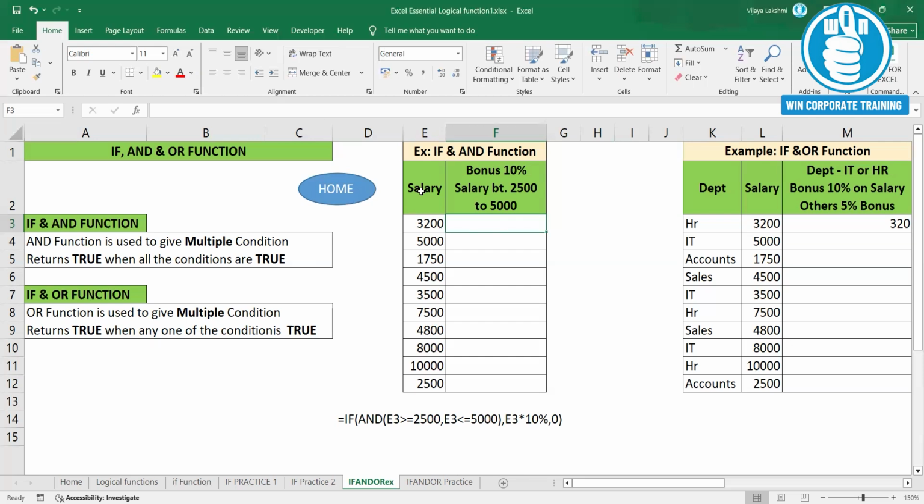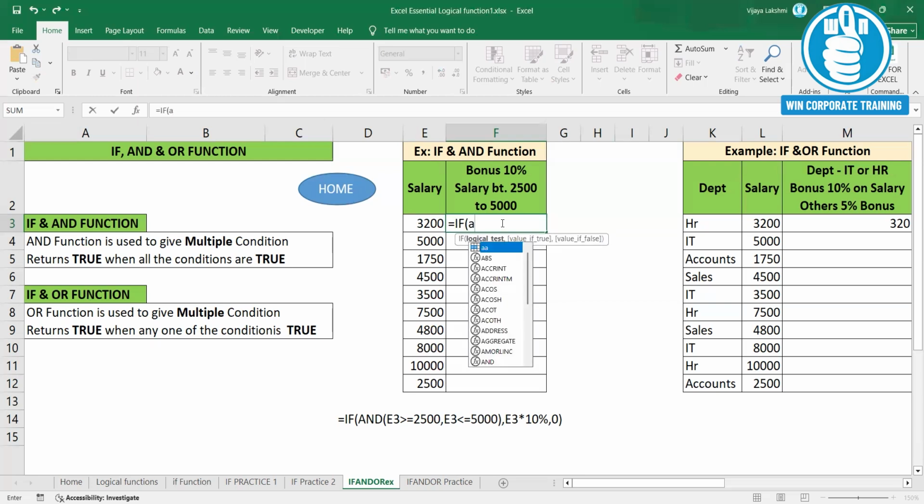So now let us see an example for that. So here again, I have a salary and we need to calculate the bonus of 10%. Who are all eligible to get the bonus? All the employees who are earning the salary between 2,500 and 5,000. Point to be noted here is we need to give two conditions. So first I'm giving if. Inside the if, to give multiple conditions, I'm using AND.